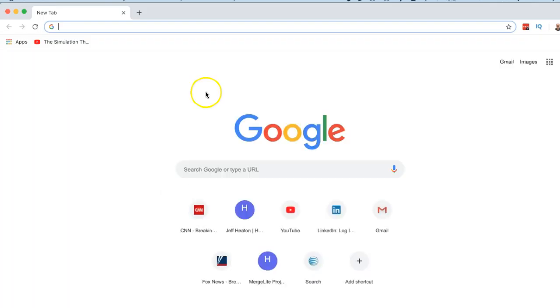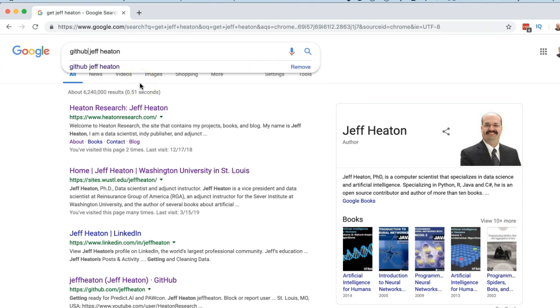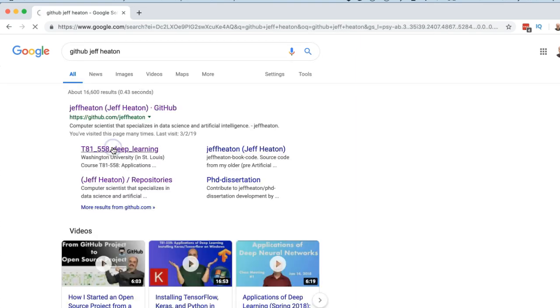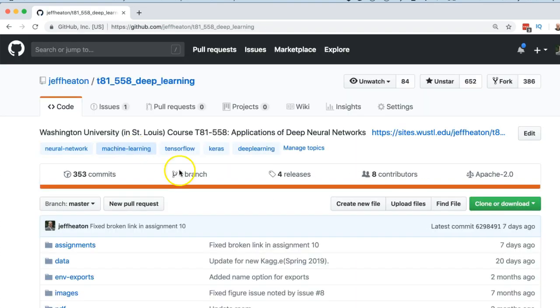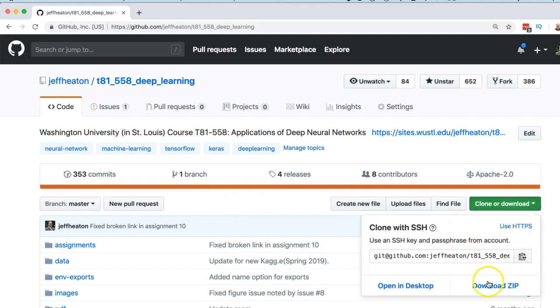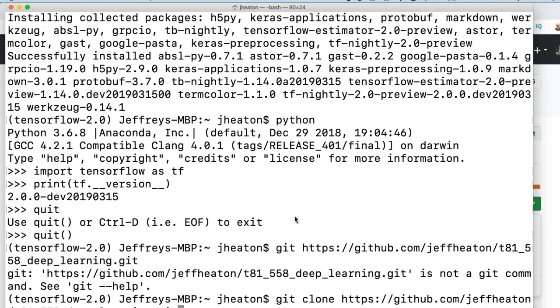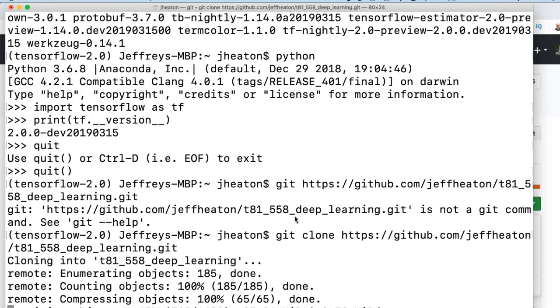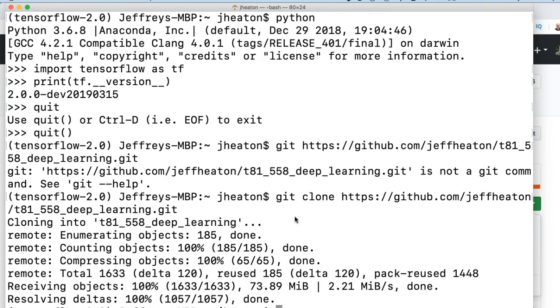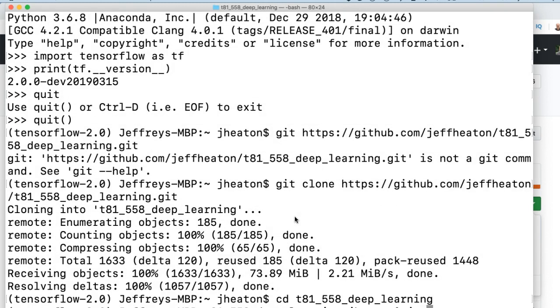So we're going to go ahead and grab the code from my course website. There's a variety of ways to do this. It's at GitHub, Jeff Heaton, and I'll go right to the T81558 course. You can just download the zip if you're more comfortable with that. I'm just going to quickly grab it with a git clone. Now that we have that, I'm going to move into the directory, and I'm going to launch Jupyter